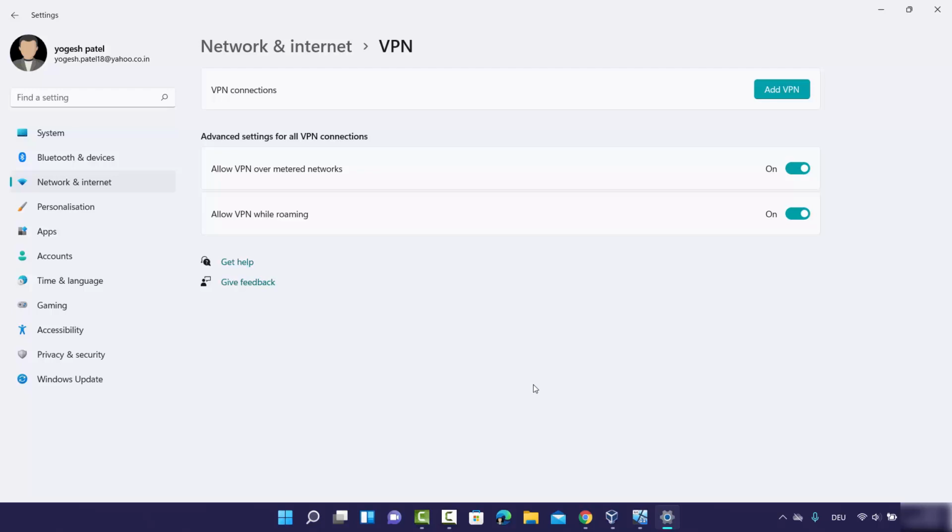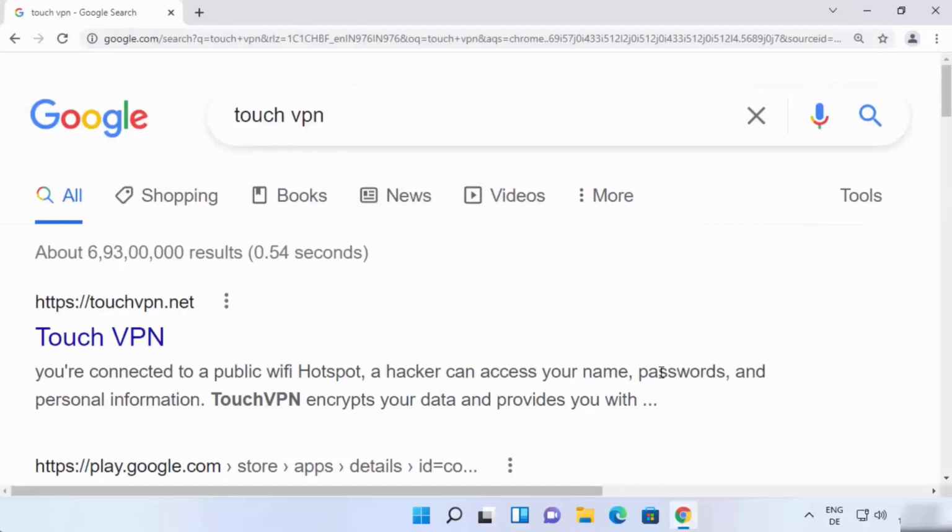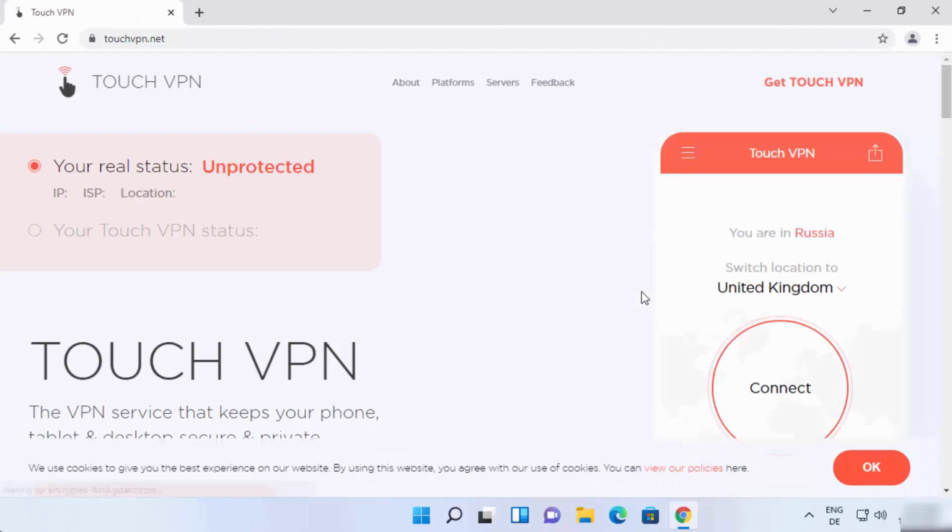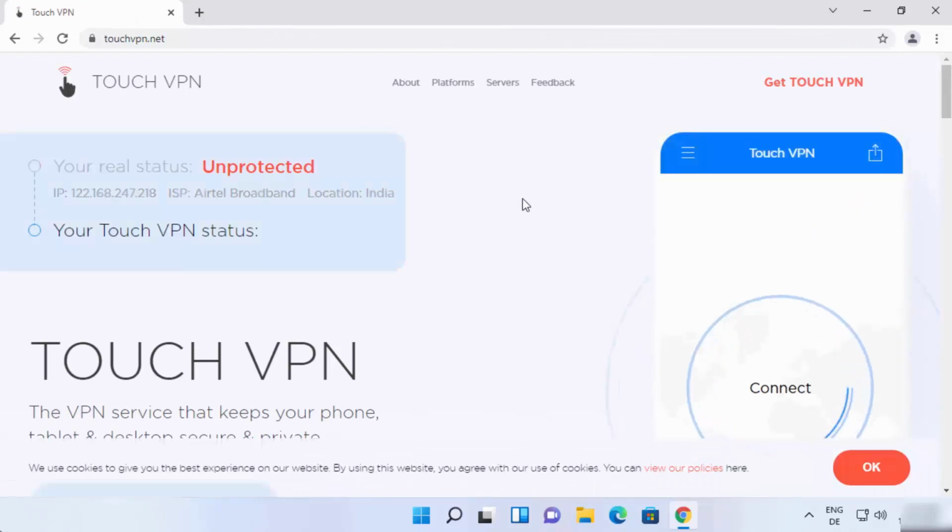Let me show you one more way in which you can connect to a VPN server for free, and that will be completely automatic. So let me show you that also. So first of all, open your favorite browser and search for TouchVPN, and the first link which will appear here will be from touchvpn.net. So just click on this touchvpn.net website, and here you will be able to see this